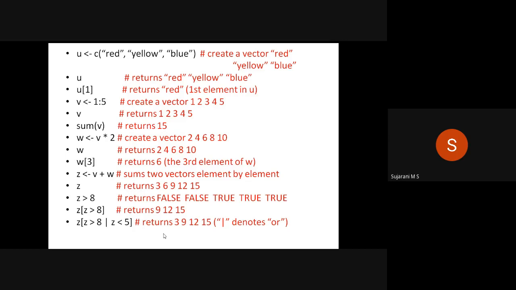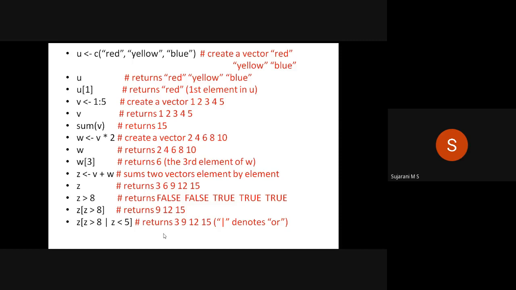Okay, in the first case, we are only checking whether each number is greater than 8 and the result is false or true. In the second case, we get the resultant elements. So we use z in square brackets with z greater than 8. It returns all the values greater than 8.